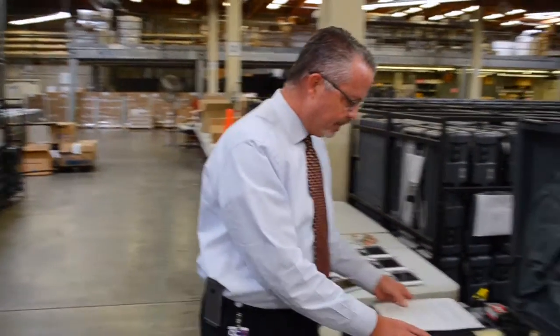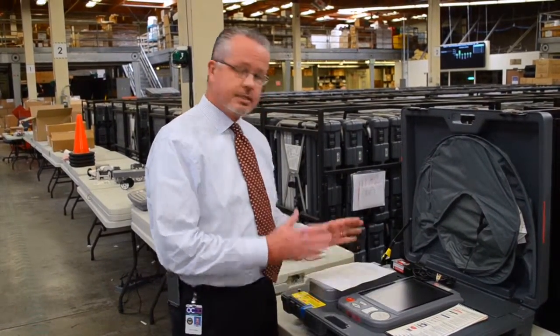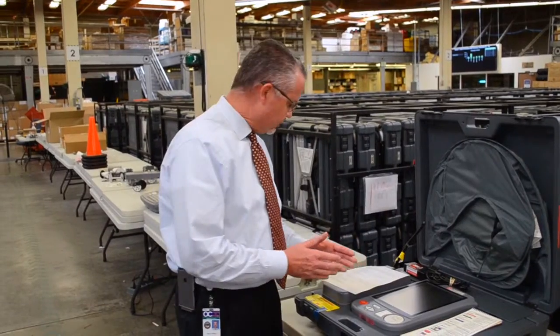This is really down in the weeds to kind of talk to you about what we're doing for each of these pieces of equipment as we're getting ready for the primary. So the first is the voting booth itself, and what people vote on is called the E-Slate here in Orange County. And we did extensive testing on each one of these devices, and then overall, just to give you an example on numbers, we tested